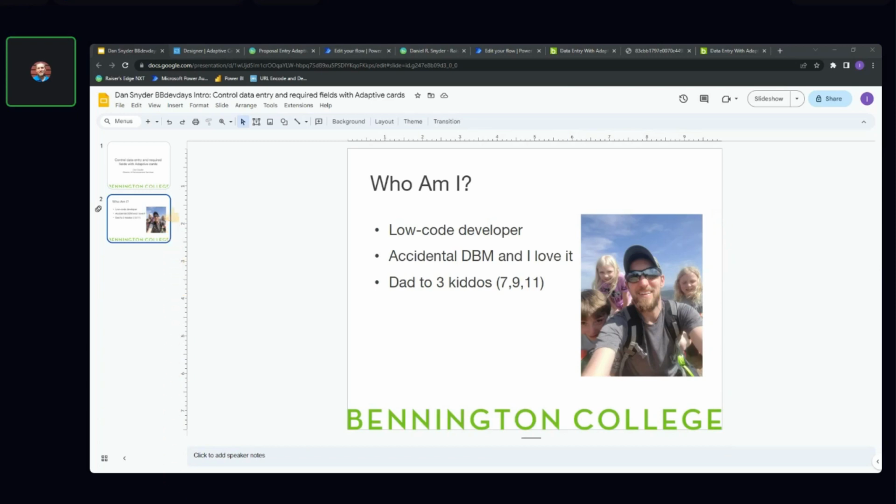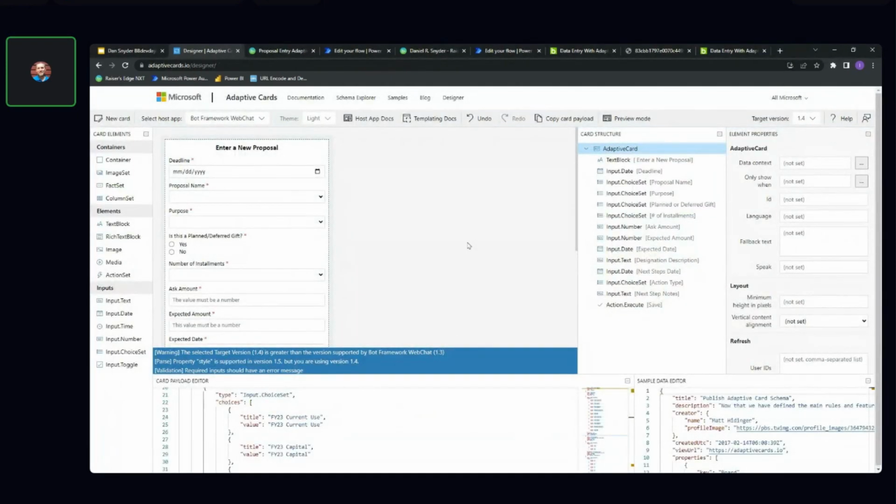They also created some flow templates that you can find on the Power Automate site, that we'll use today. But where I'm going to start is with this adaptive card designer,